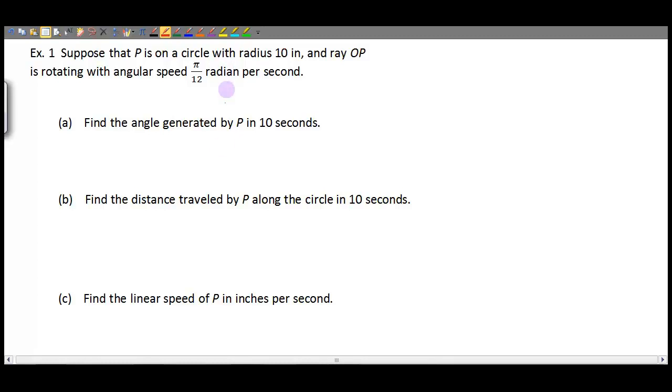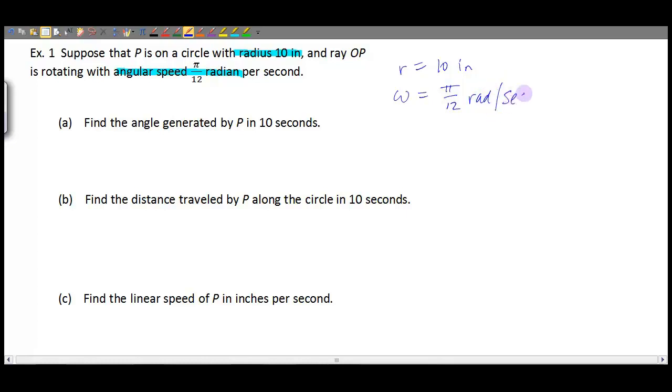When I approach these problems, I first start writing down what information I'm given. In the first paragraph, I know the radius is 10 inches, so I'm going to start by making a list. And I know that the angular speed, W, is pi over 12